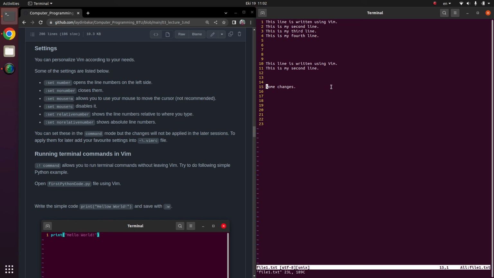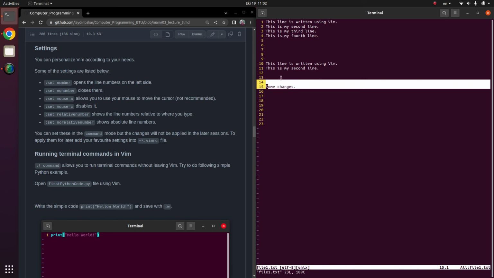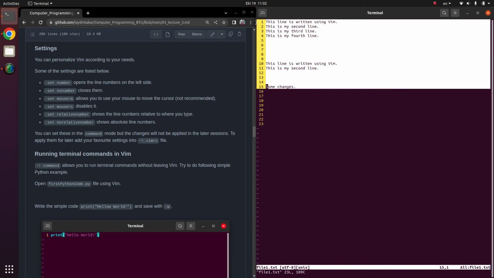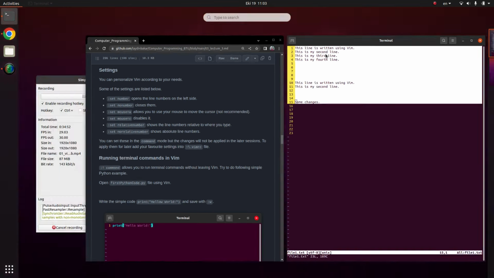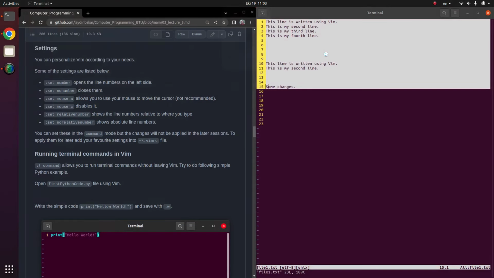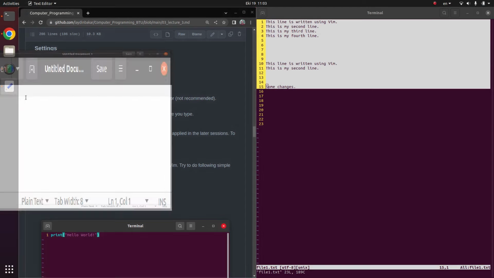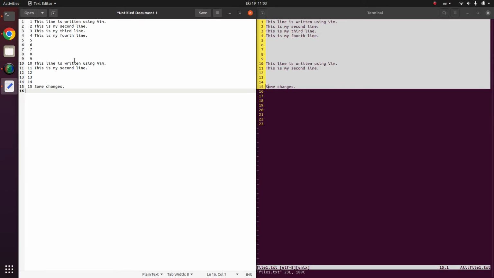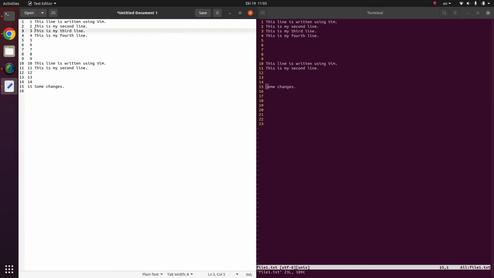Okay, but let's say you have these here and you want to copy these, I just right click and copy, and I want to paste them into gedit. I pressed the Windows key and wrote gedit to open my text editor. Let's make it half window and then press Ctrl V. Now as you see, it also pastes these numbers, and if you need to copy these 2 lines from here,